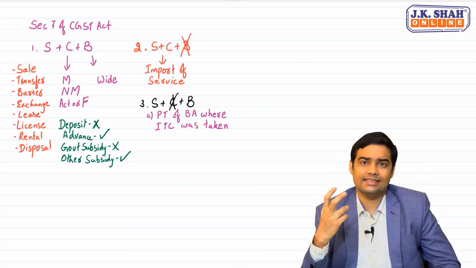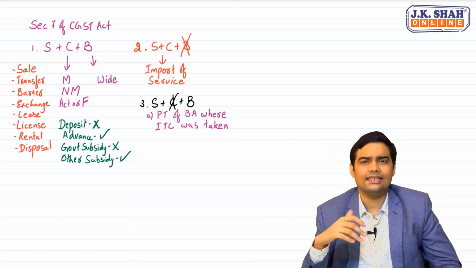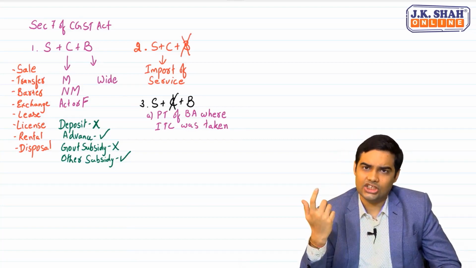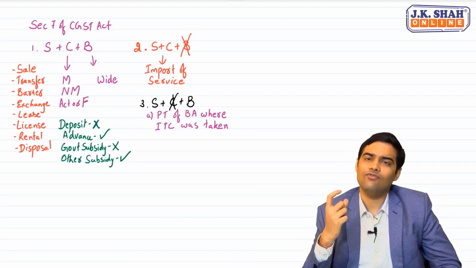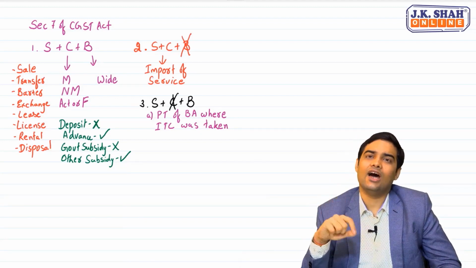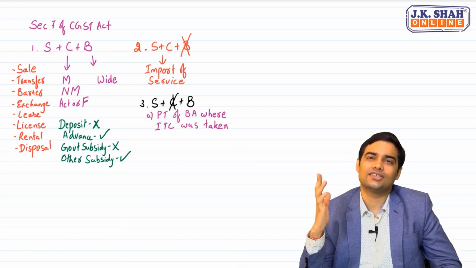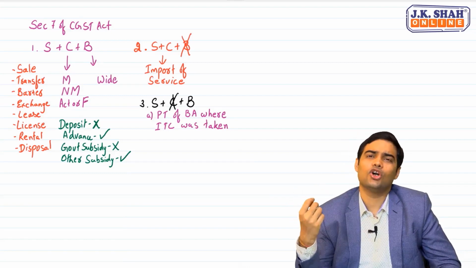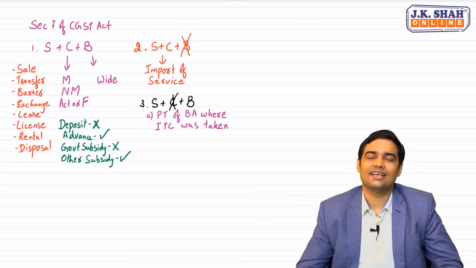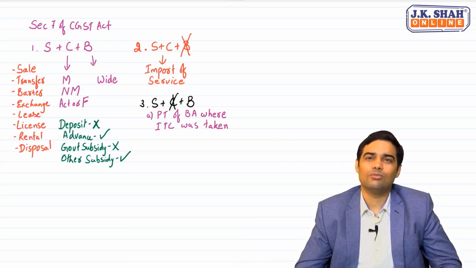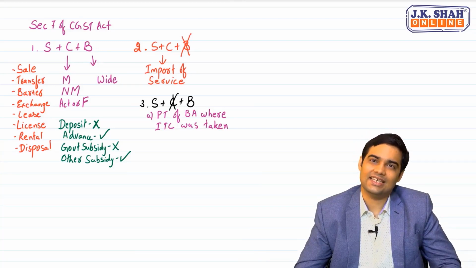I purchased a business asset. Suppose I purchased an air conditioner, and I took the benefit of input tax credit. And now I give it free of cost to a charitable trust or to a friend. In such cases, government says, if you are so much intended to give something free, please pay me GST as